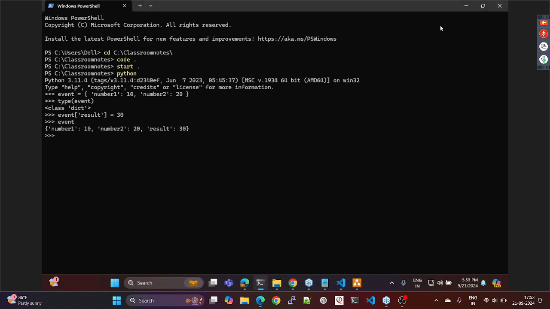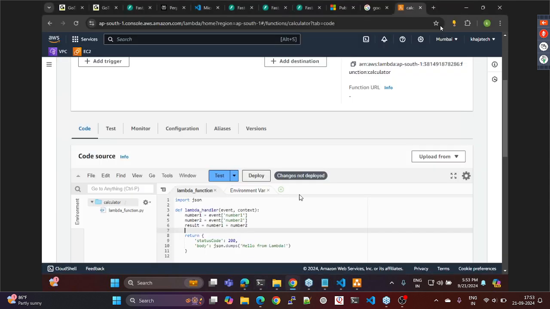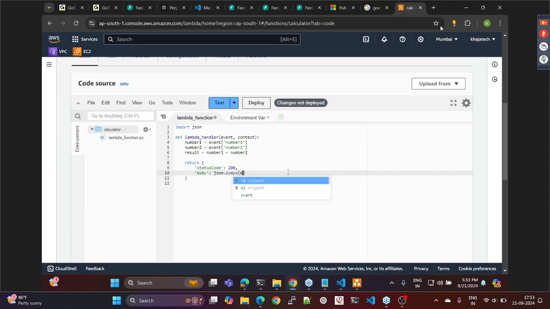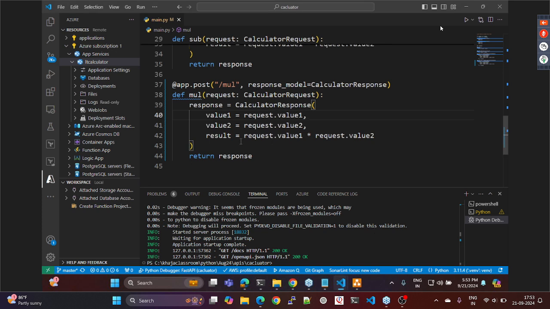Yeah. Now for example, if I try to tell import JSON, now if I try to write JSON dot dumps of event, am I not getting a JSON response? Okay, so now what I'll try to tell is JSON dot dumps of event, and over here I'll try to tell that event of result is equals to, our calculator is done here, right? This calculator, response, request, we wrote all sorts of things, this is exactly what we have done. If you try to look into